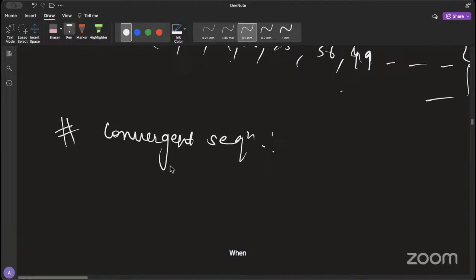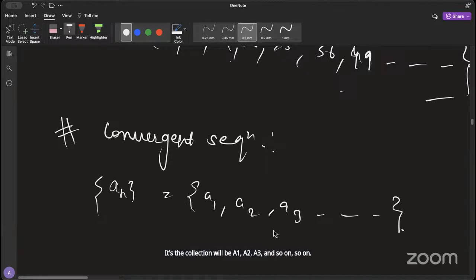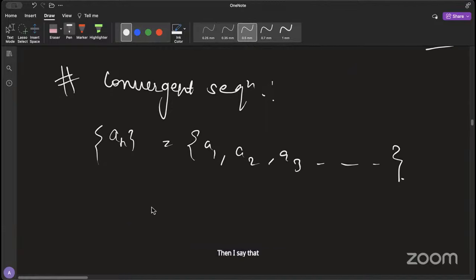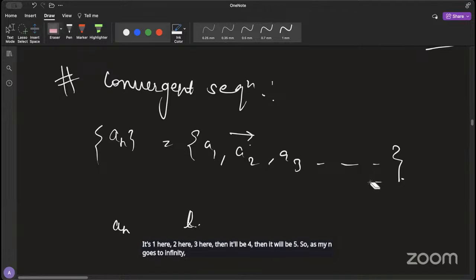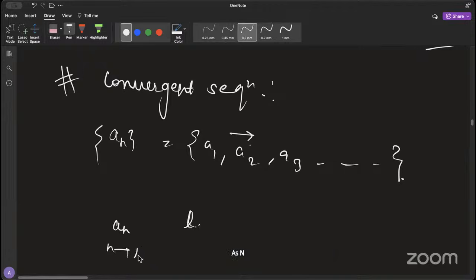When do we say a sequence is convergent? So let's say if I have a sequence an, right? An will be, the collection will be a1, a2, a3, and so on. Then I say that the sequence an is convergent if it keeps coming closer to a particular point. That means let's fix a number L. And if I say that an keeps coming closer as n is increasing, if I move here, my n is increasing, right? It's 1 here, 2 here, 3 here, then it will be 4, then it will be 5. So as my n goes to infinity,